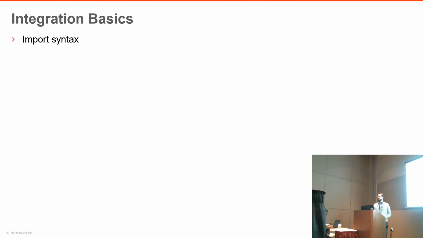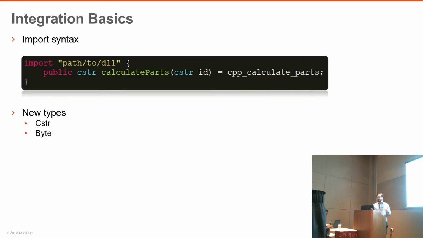So we'll go over some integration basics, and the first thing we'll look at is the import syntax. If you're familiar with C++ DLLs, you know that you have to use the declspec. You have to have an import and an export. So the way that CM handles this is with the import syntax. A nice little thing that they added is,